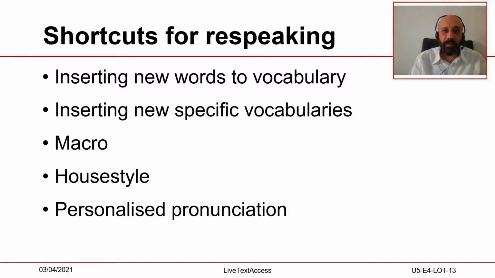In this case, you can add a macro to the machine vocabulary and associate the name of this company to a spoken input that says macro for you. Each time you want the name of the company to appear on the screen correctly spelled, you only need to say macro for you to have it correctly spelled on the screen.